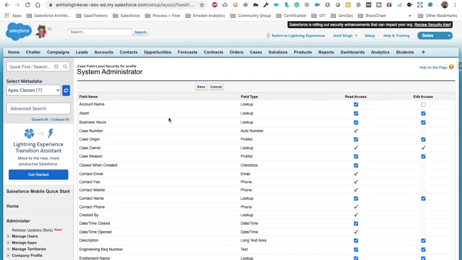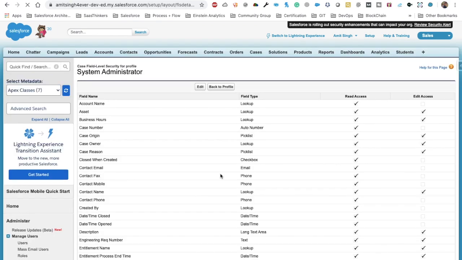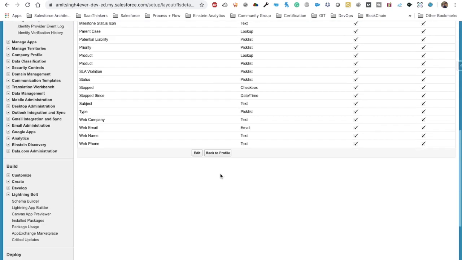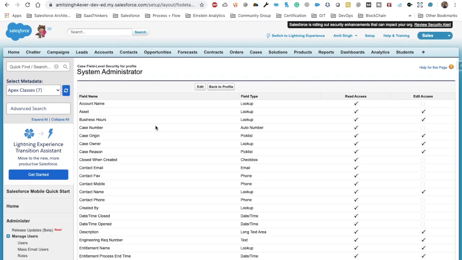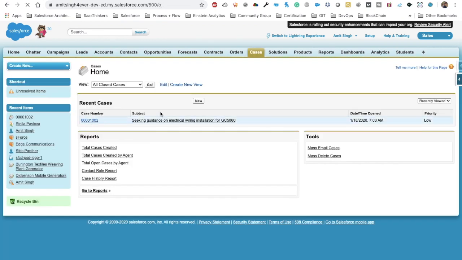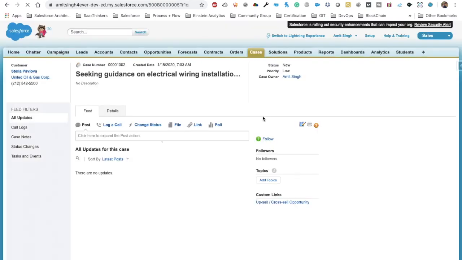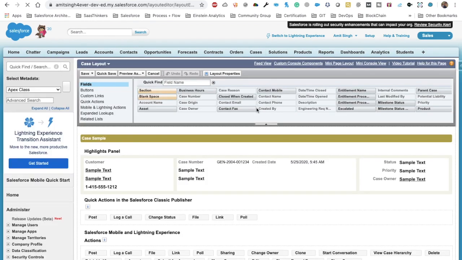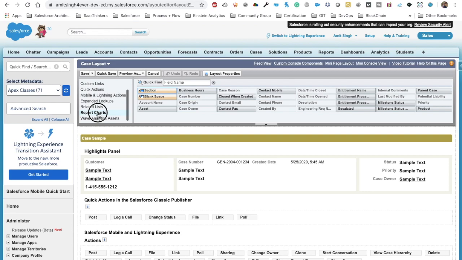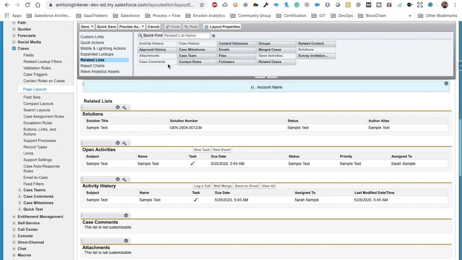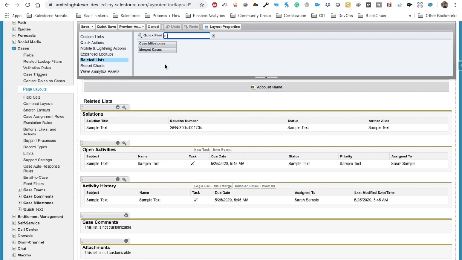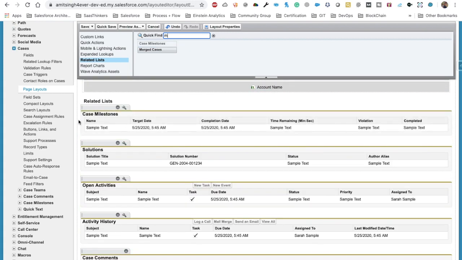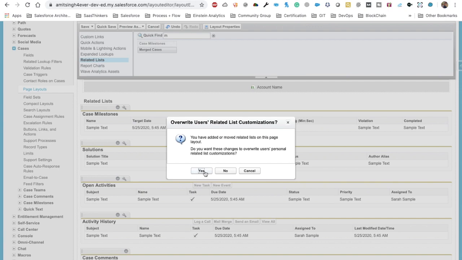business hours as well we can enable for the case record, so that we can select the business hours as well. So now we have enabled this, we have enabled the field level permission for the case object. Let's quickly go to the case and add the related list milestone, which is entitlements related to the case, so that we can see whatever all the milestones are activated, or whatever all the milestones have been associated with that case. So we just need to go to related list and then find case milestones, and then just quickly add that related list and save it.